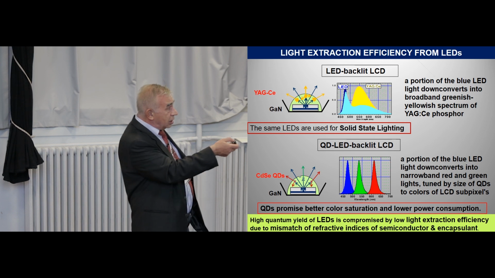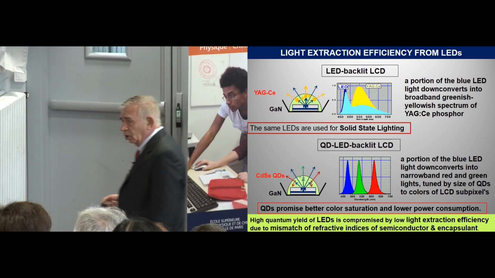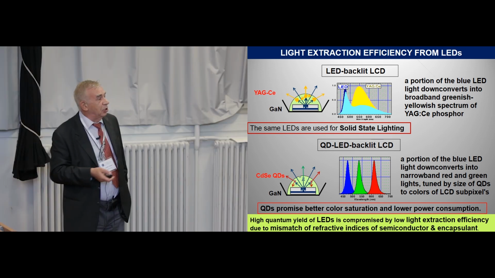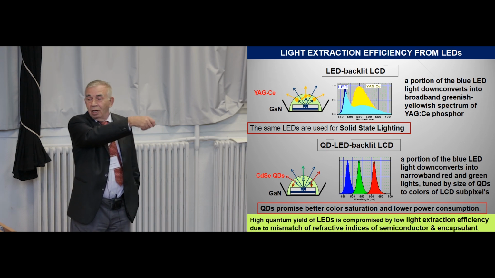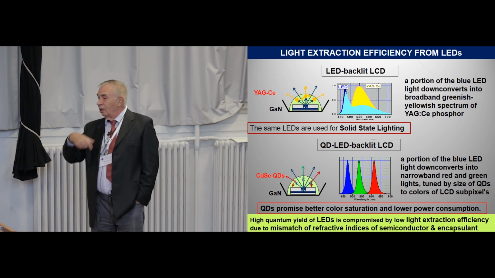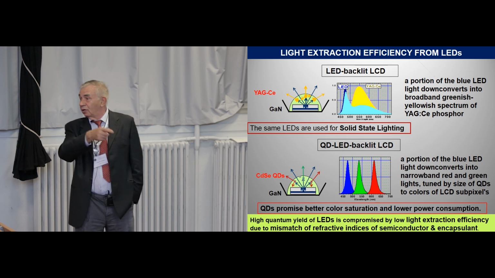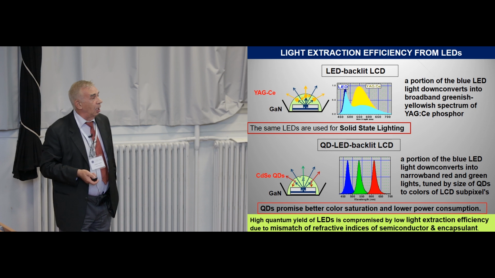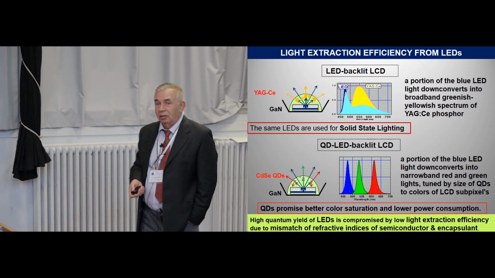This device promises better color saturation, and obviously it will give better efficiency, because instead of making a broad spectrum of white light from which only some portions are used, the system produces light which exactly fits the human eye at the end of the day. And that's why it promises about 20%